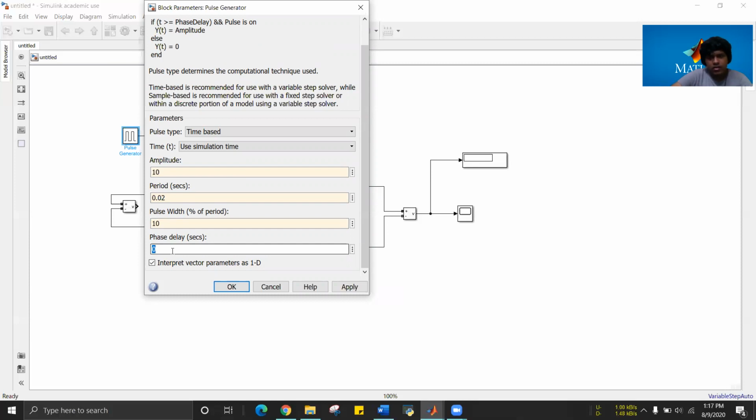So it will be simple. For 360 it's 0.02, for 30 it will be 30 into 0.02 divided by 360. Either you can simplify it, but I don't have time to simplify it. So what I'm going to do is just write the formula there. It is like 30 into 0.02